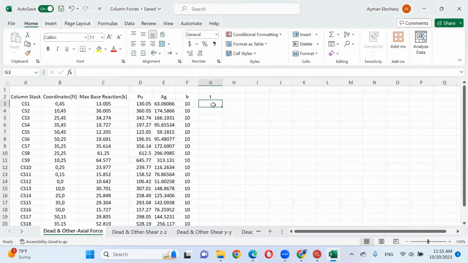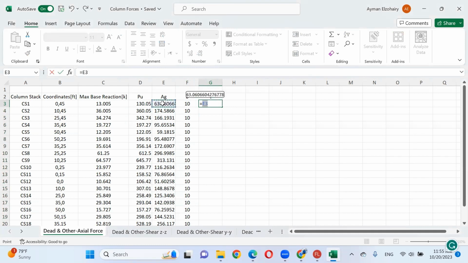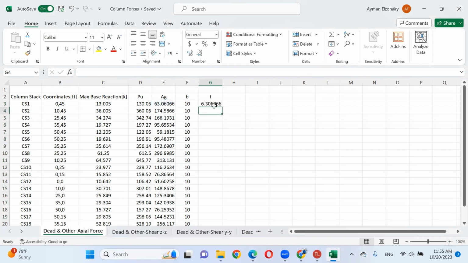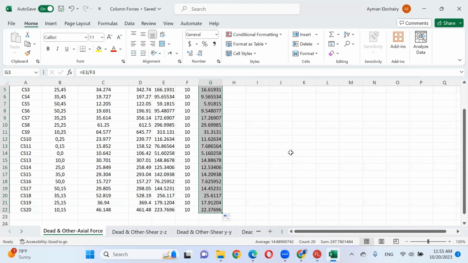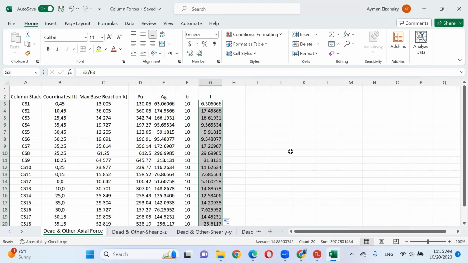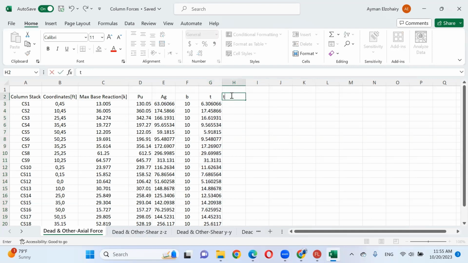So the value of T will equal area gross divided by B. Enter. I can find T for all the columns. That makes sense? We expect T will be a decimal number, so I can adjust the value of T.